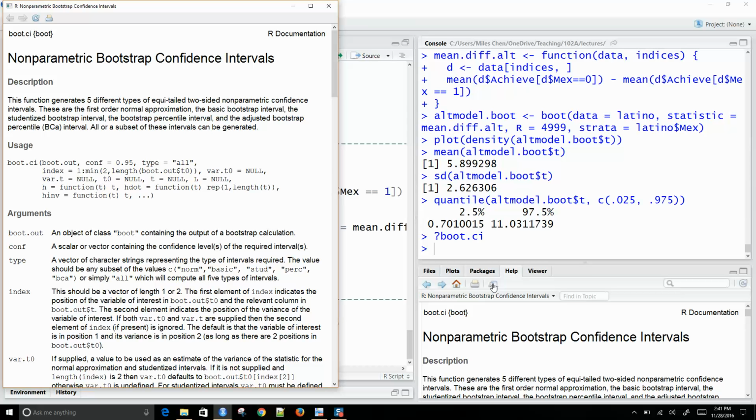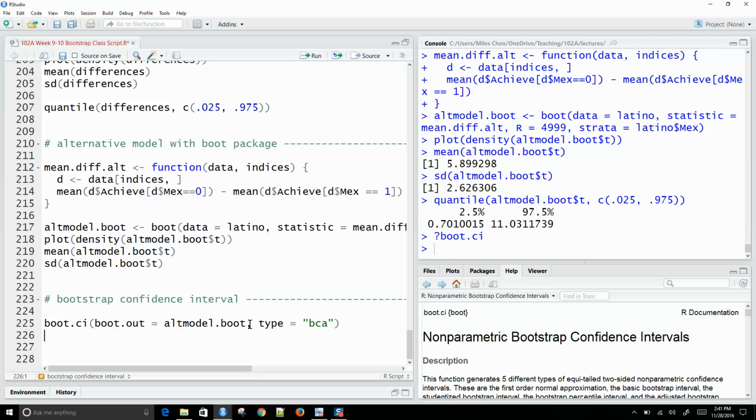You're depending on the randomizing process of the computer to get you a ballpark answer of what this is, right? And anyway, confidence intervals are rarely exact answers. But as far as Bootstrap confidence intervals, there's a variety. You can do normal, basic, studentized, percentile, BCA, and I can show you some of these. So if I do a Bootstrap confidence interval, you take the